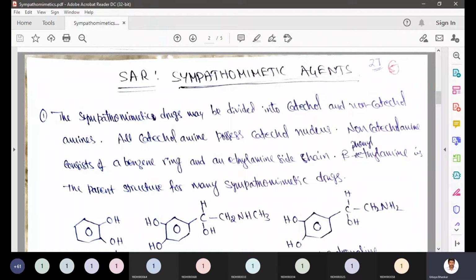When you are asked to write SAR of sympathomimetic agents, you have to cover these points, maybe in your own language, but understanding them with the mind and heart is very important here. So if you see the first point, the sympathomimetic drugs may be divided into catechol and non-catecholamines. What is catechol? Catechol means here